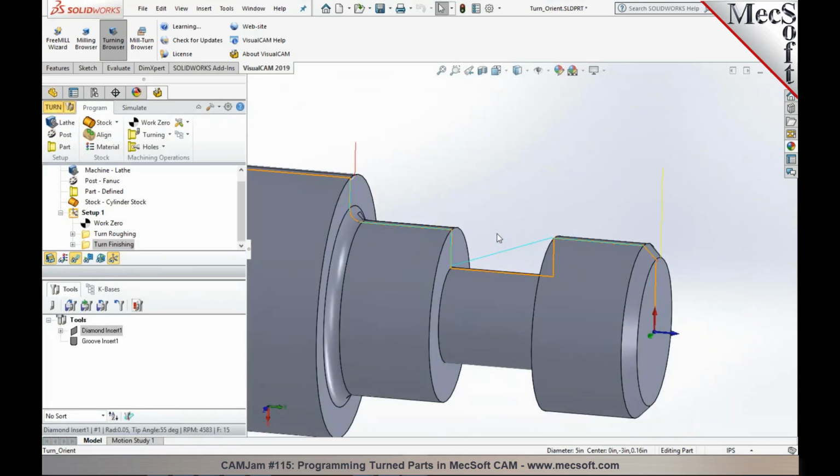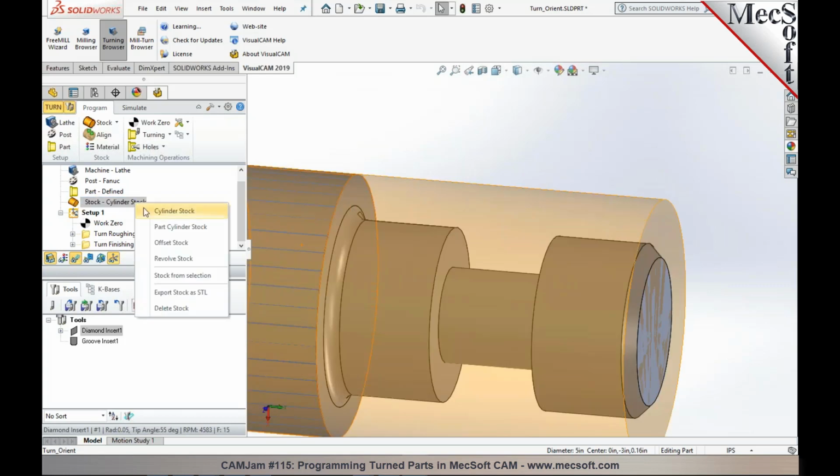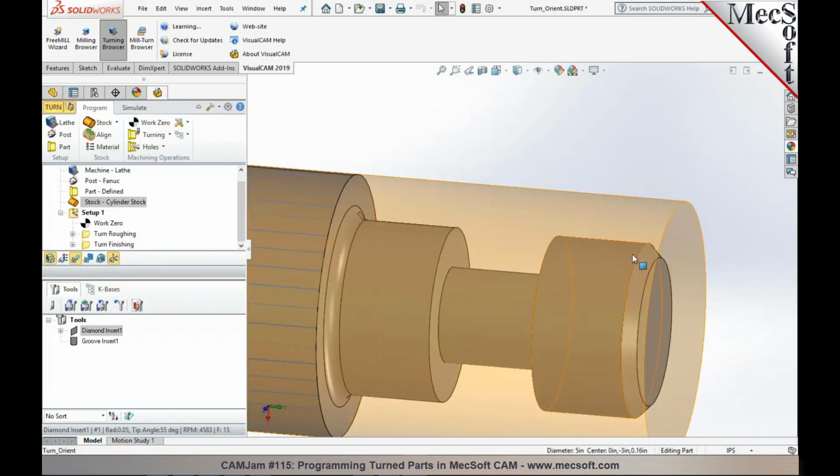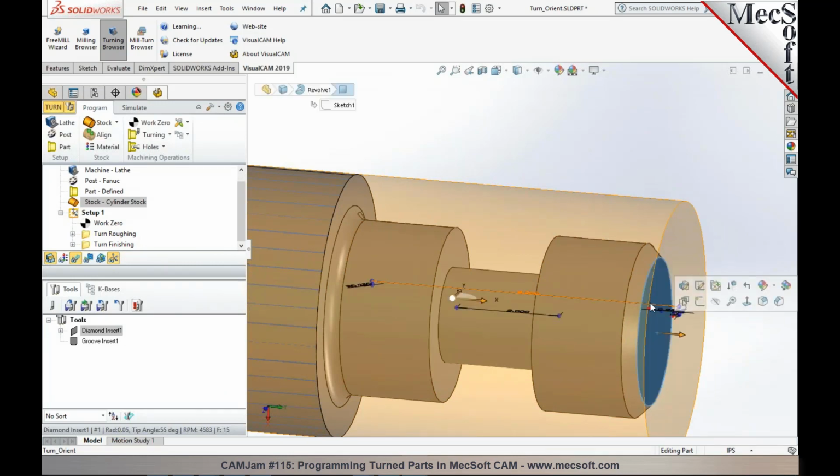Now, one thing I would like to point out in SolidWorks is if you want to pick a point or a containment that's outside the model area, then you may have to create a sketch in SolidWorks to be able to pick those points, because you can't snap to a vertex that's in space, or it's not within the model extents. So for example, if you had a facing operation that you're trying to program in here, and let's say my stock length was much larger, and you wanted to do a front facing with this part, but because you can't pick a point out in space, what you would have to do is